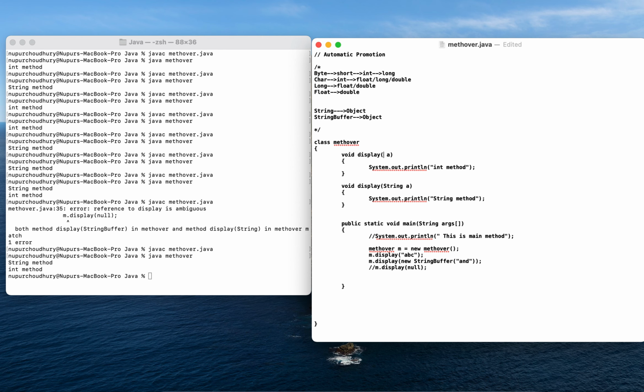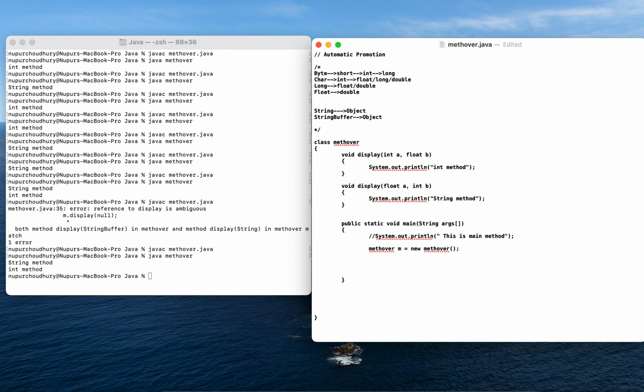Suppose here I'm giving two different arguments, int a and float b. And here I'm simply reversing this, which is float a comma int b. Now let me just remove this.